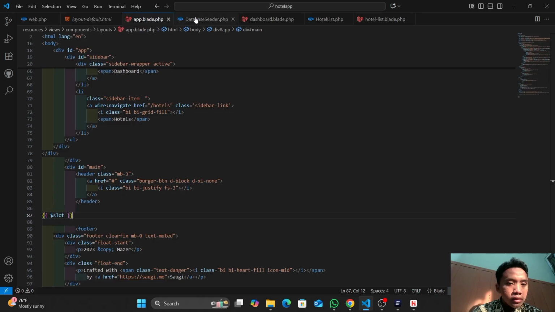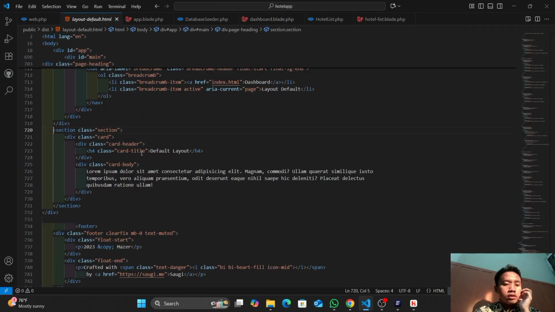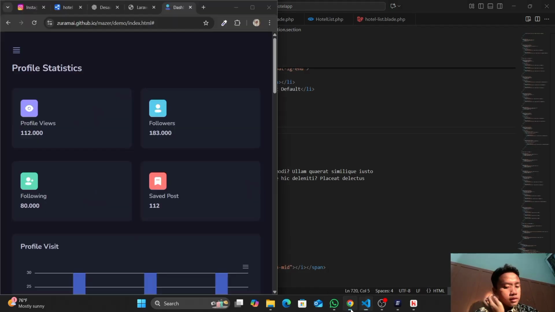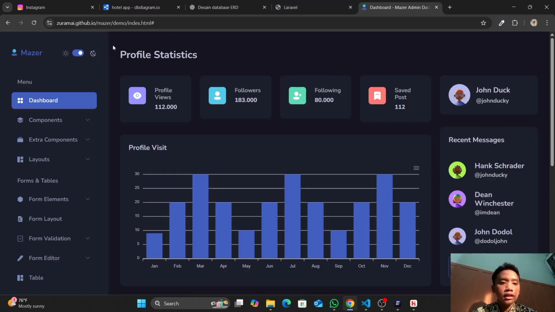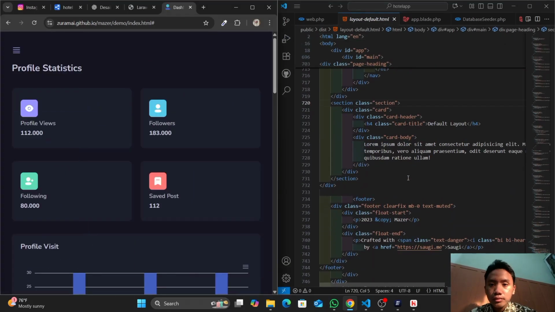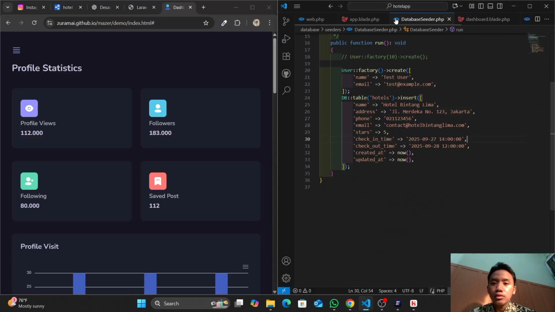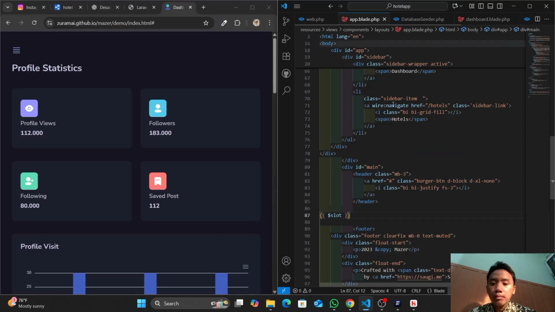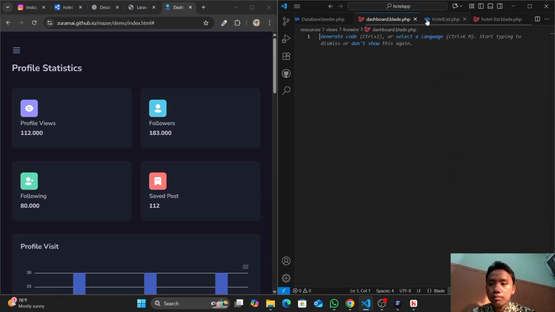This is the demo for the Measure template.